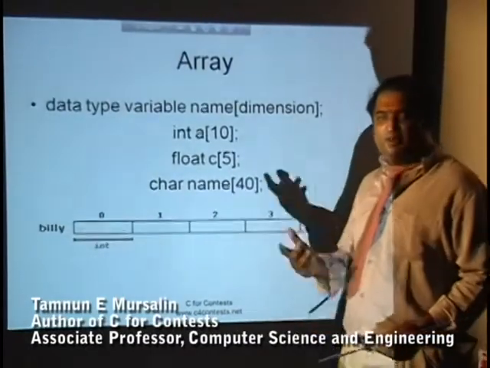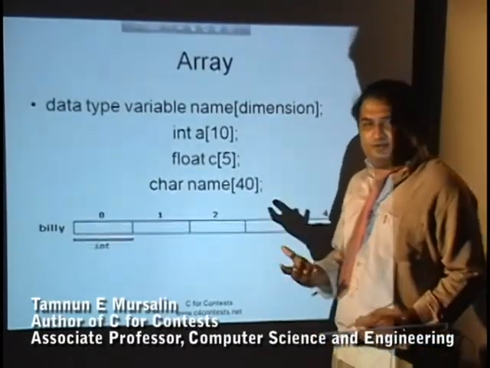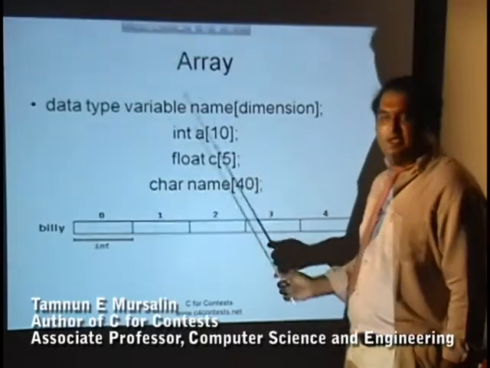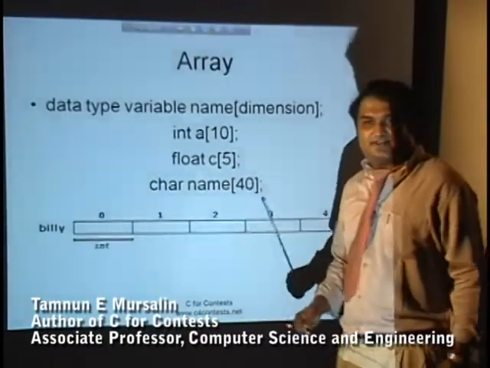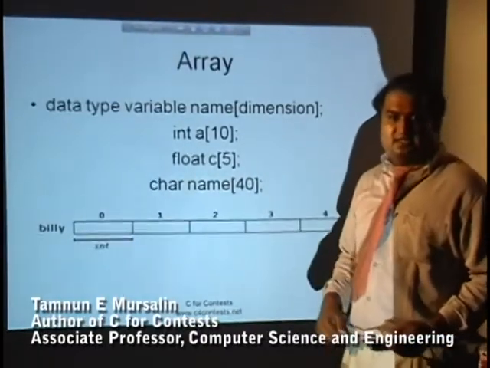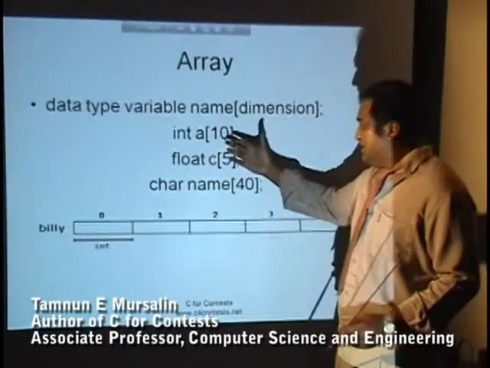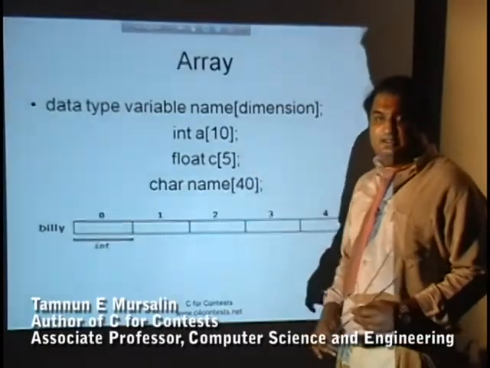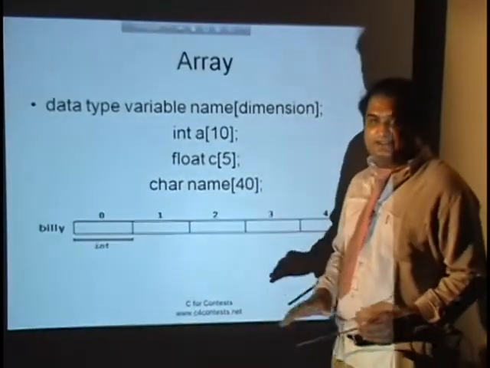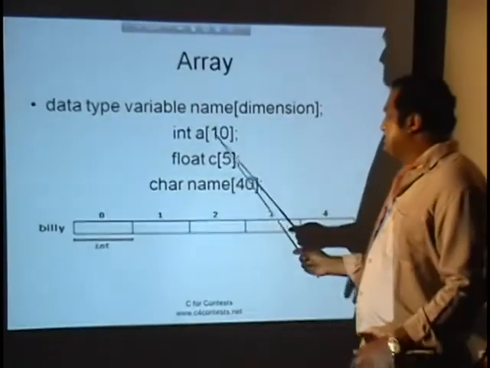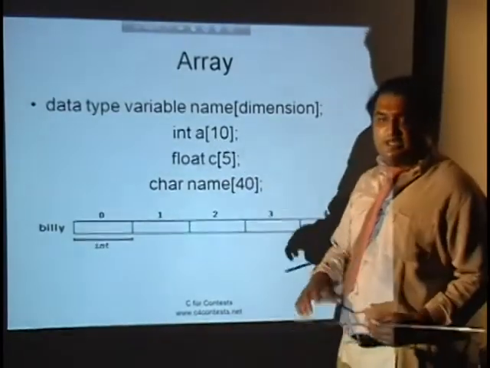But there's one thing to remember: an array starts from 0. So it should be a[0], a[1], a[2], a[3], a[4], a[5], a[6], a[7], a[8] and a[9]. It starts from 0 and ends at 9. These are the 10 elements the array saves. So when you see this 10, that means you are looking for 10 storage locations.